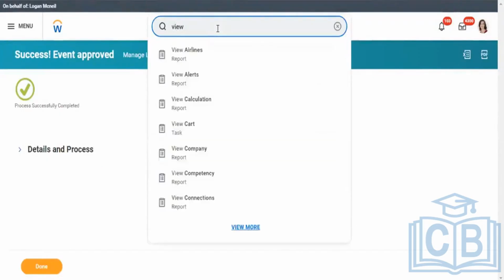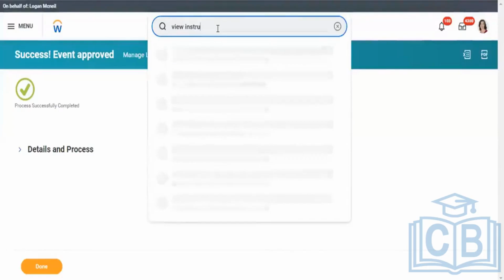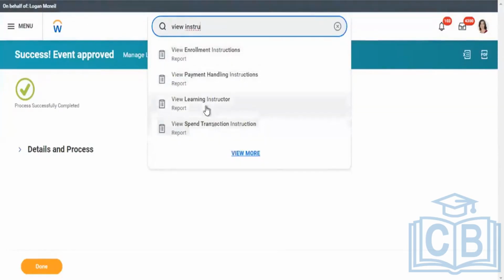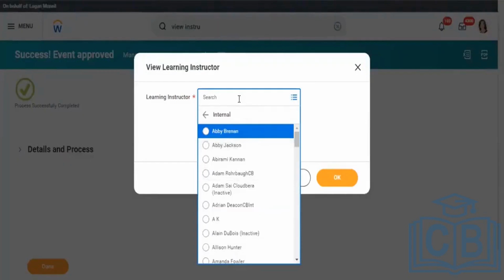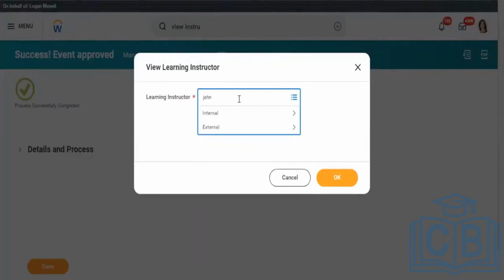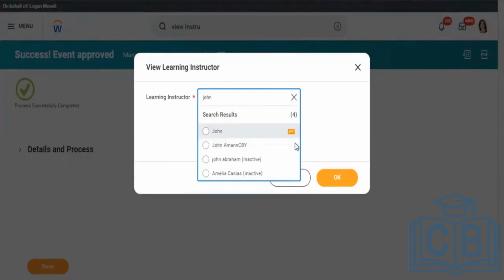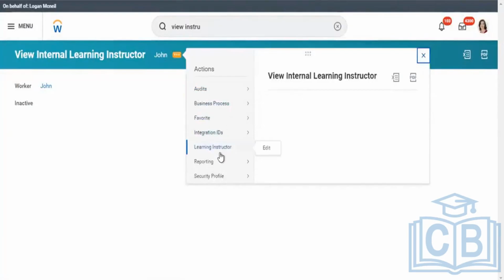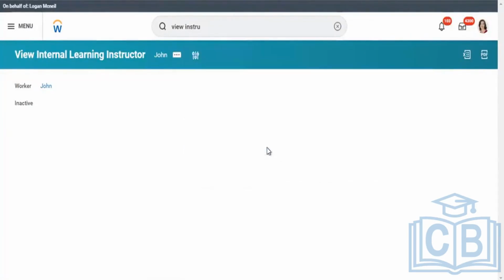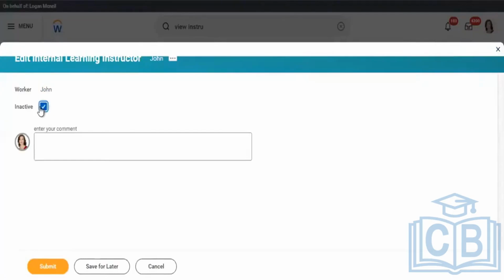I'll access the task called View Instructor. We should be seeing the person we have created. Earlier we were only seeing one person. Now we should be seeing John also. Like this, if this employee, John, is no longer with the organization, you can edit the instructor and inactivate. This will remove John as an instructor once you submit this.